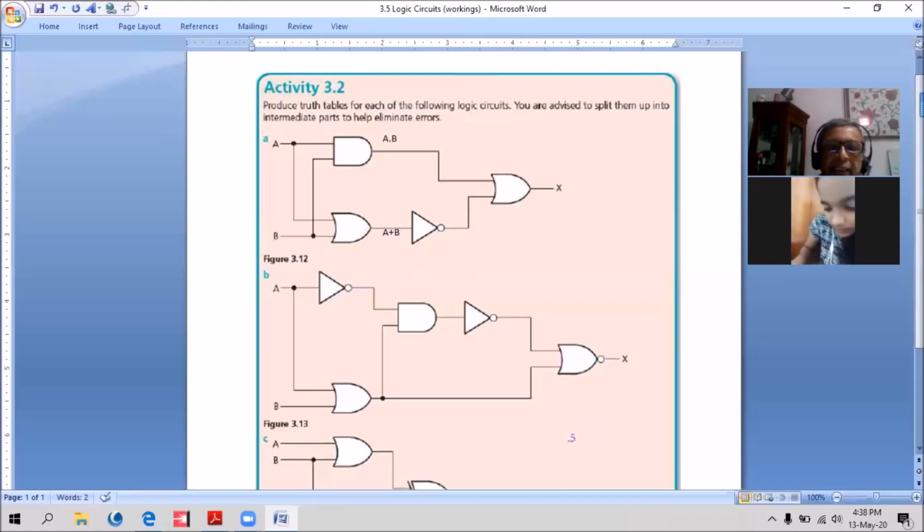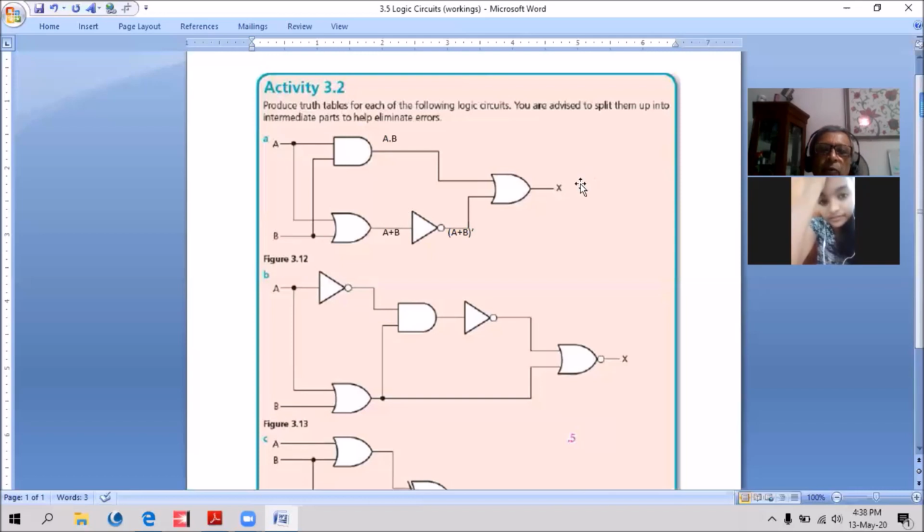So you can put brackets around A plus B and draw the bar over it. I put a dash here like this, which is common to both. You can't put A dash plus B dash. That's a different value. Don't confuse that.